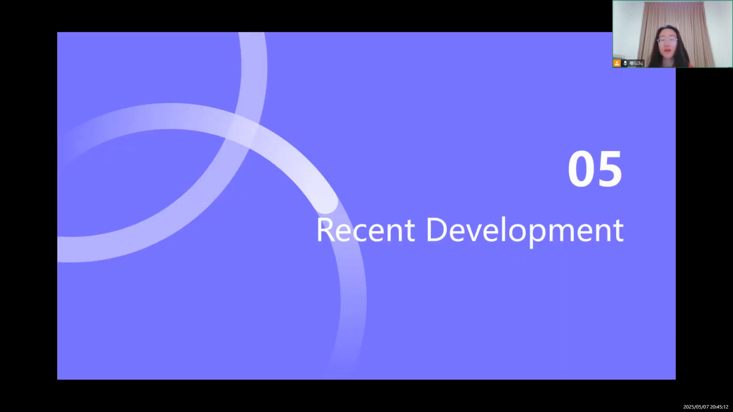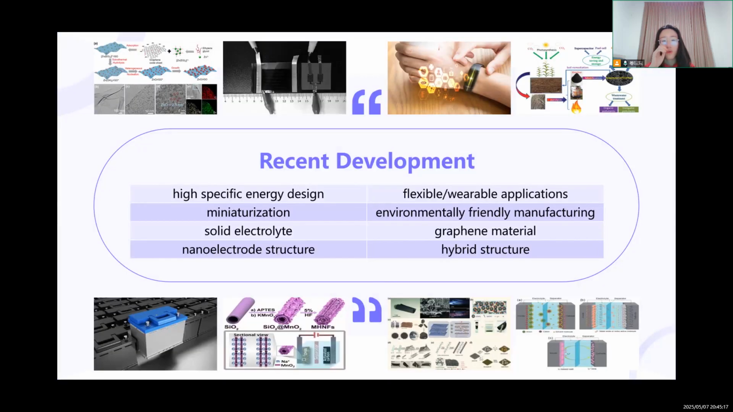And for the fifth part, I will introduce the recent developments. We can see the 8 parts for this. One is high specific energy designs: graphene and metal oxide composites with specific energy exceeding 50 Wh/kg. Next is flexible wearable applications. The device can be bent and stretched for smart wearable devices. And then is miniaturization: micro supercapacitors for micro robots and sensors. And then is environmentally friendly manufacturing: aqueous electrolytes and biomass carbon, cocoa shell carbon, seaweed carbon, and then solid electrolytes, device safety and energy density improvement,